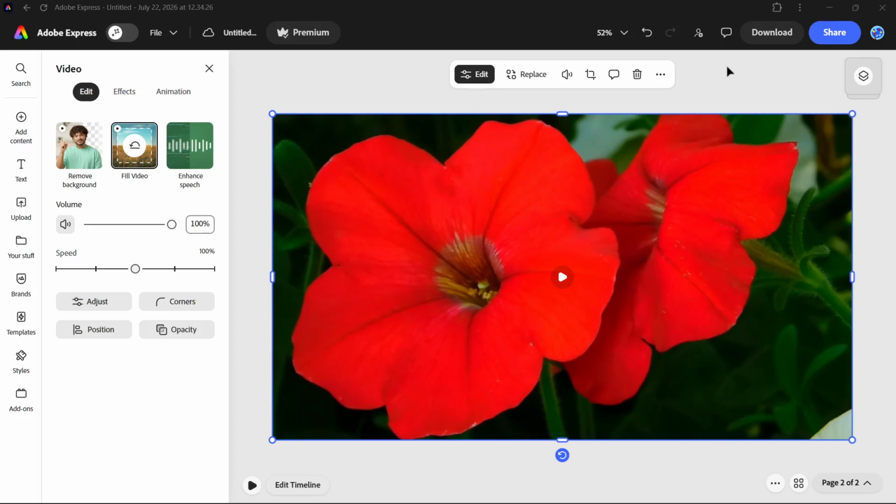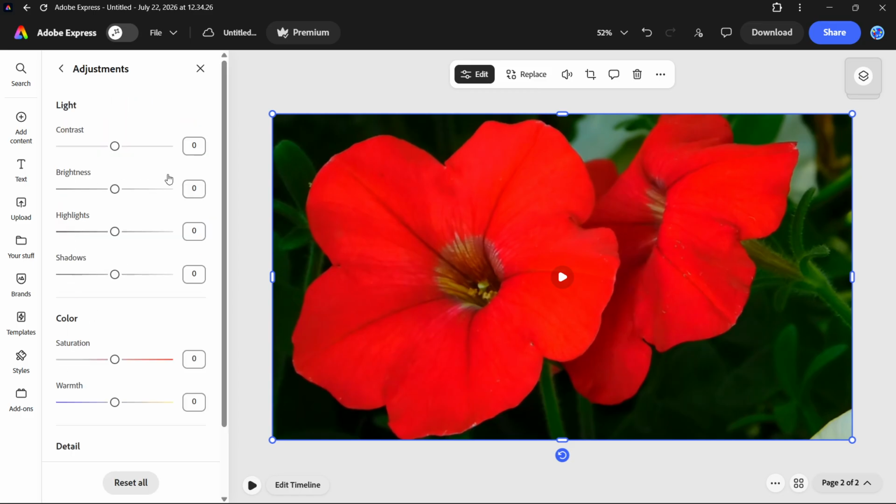In this video, I'm going to show you how to enhance video quality in Adobe Express. Now to do this, you first want to click on your video, and as you can see here in the top left, there is actually no button to directly enhance. However, if you want to enhance your quality, you're going to have to go to Adjust over here,